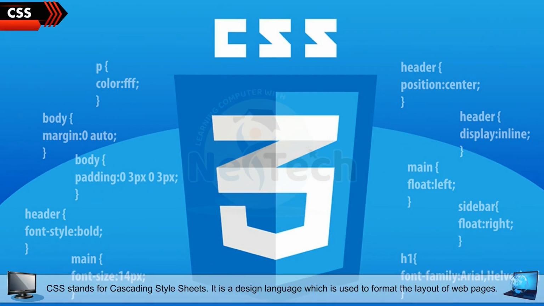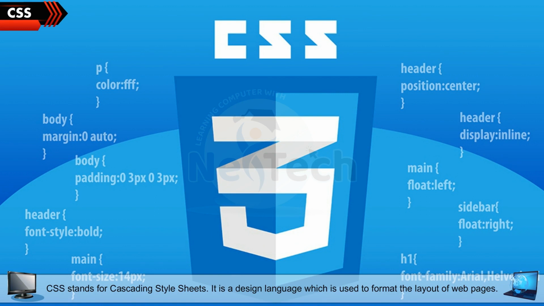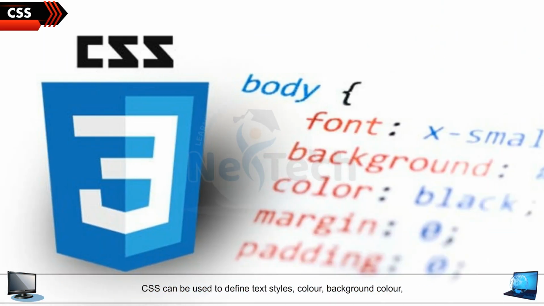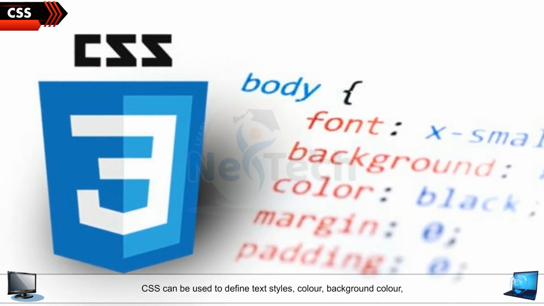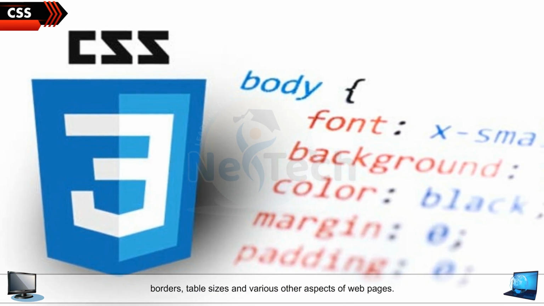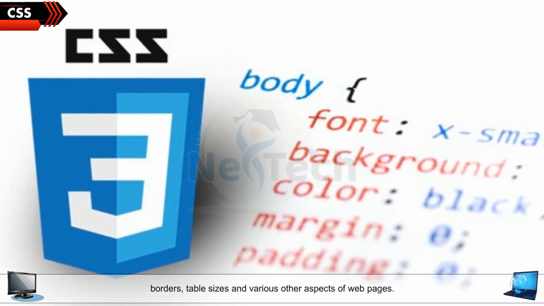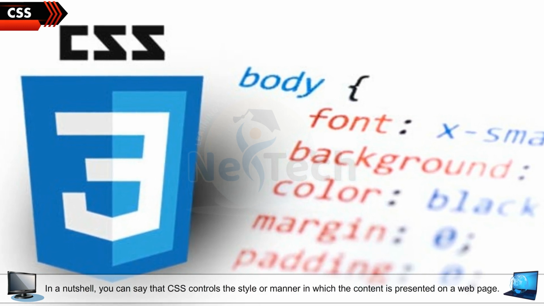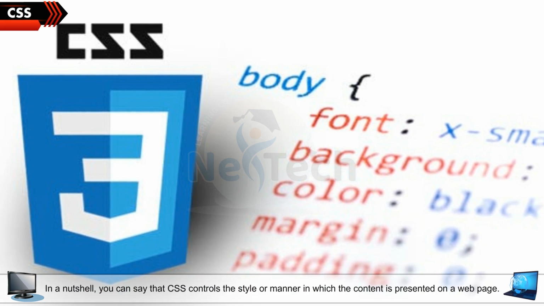CSS. CSS stands for Cascading Style Sheets. It is a design language which is used to format the layout of web pages. It also describes how the HTML elements are to be displayed on web pages. CSS can be used to define text styles, color, background color, borders, table sizes, and various other aspects of web pages. In a nutshell, you can say that CSS controls the style or manner in which the content is presented